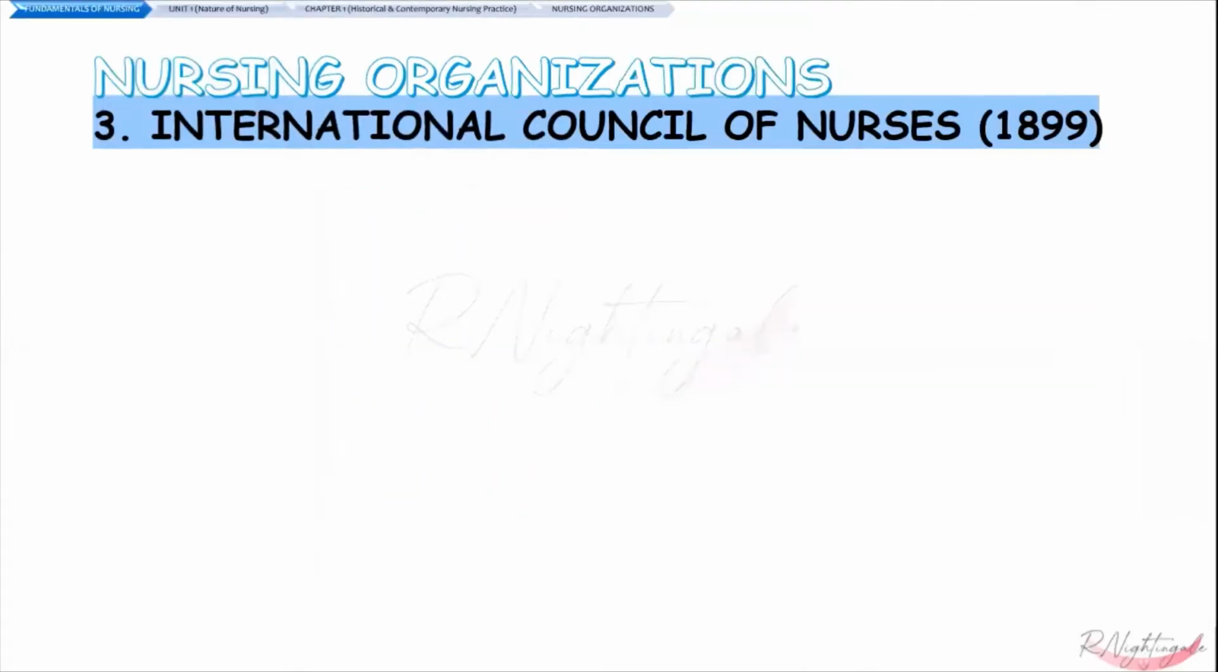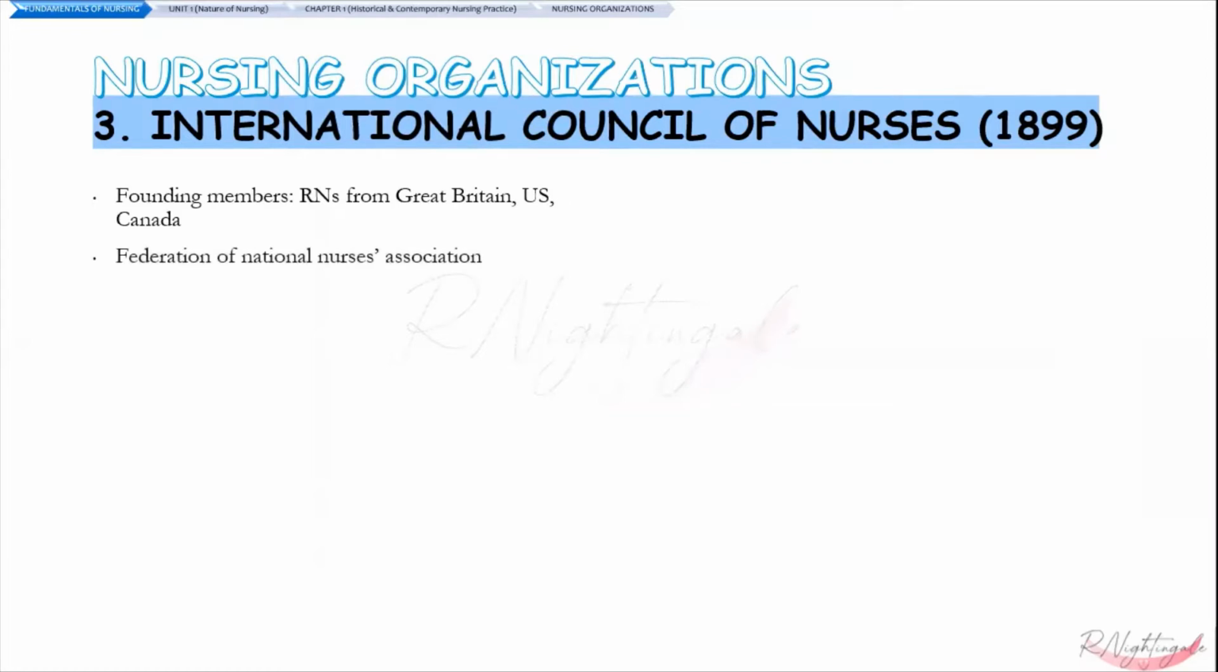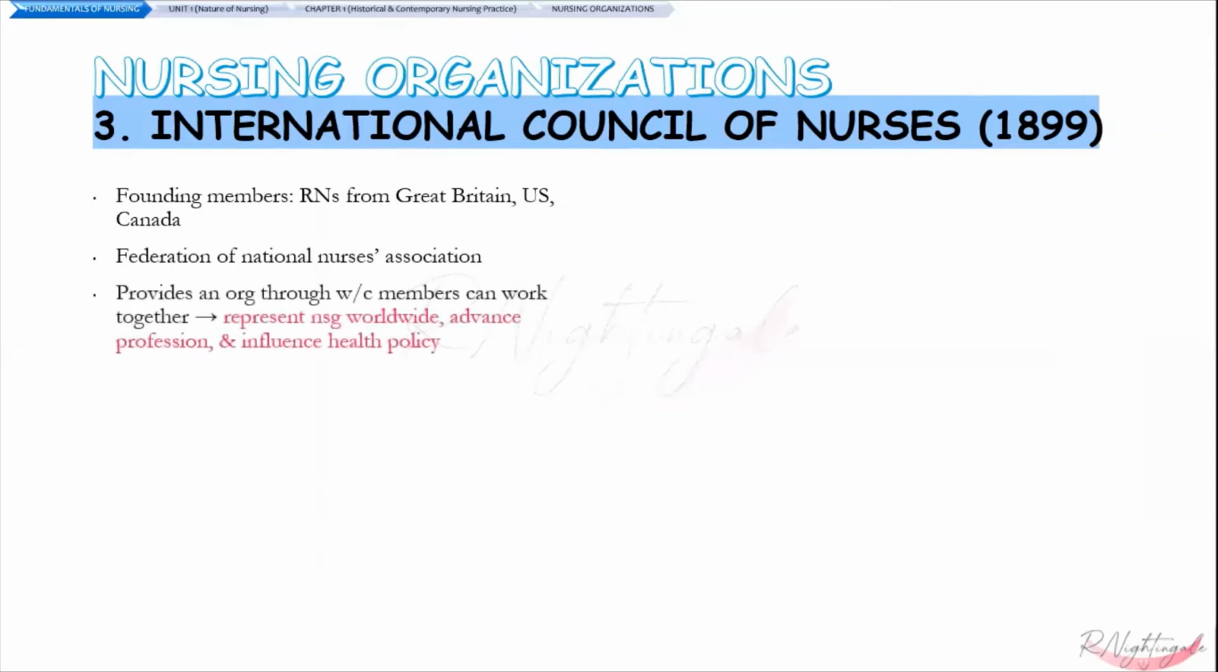Next is the International Council of Nurses, or the ICN. ICN was established in 1899. Nurses from Great Britain, the United States, and Canada were among the founding members. The Council is a federation of national nurses associations such as the ANA and CNA, or the Canadian Nurses Association. The ICN provides an organization